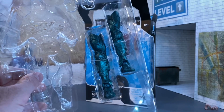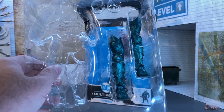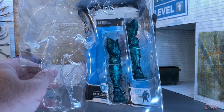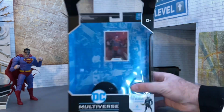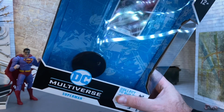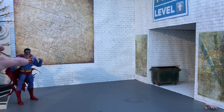Alright, so we've got these awesome armored up legs for the Merciless. It looks very much like a knight in shining armor's gear. Love that teal paint, metallic. Not much of a wash on there that I can tell, but just a really nice sculpt, and the light hits it very well. We also have our trading card inside there, and then our display stand with a peg on it. So just like what we have seen in other releases from the DC Multiverse line from McFarlane to date. Now looking at Superman himself,